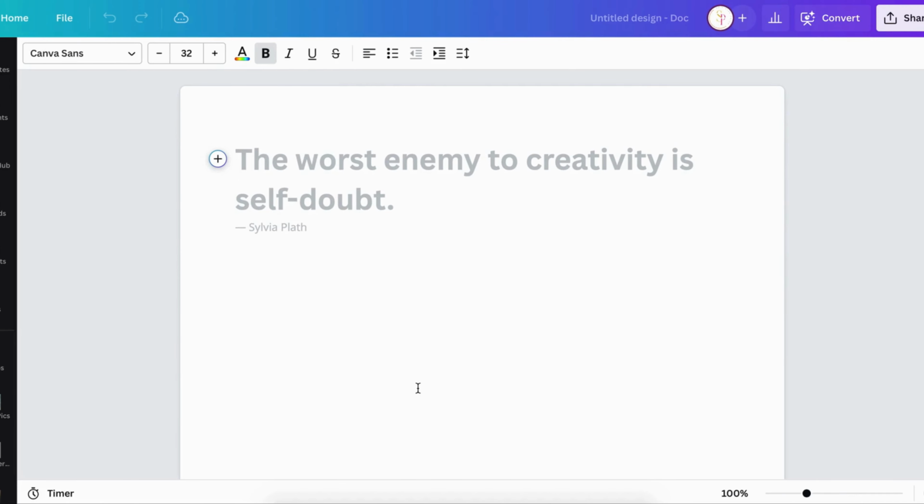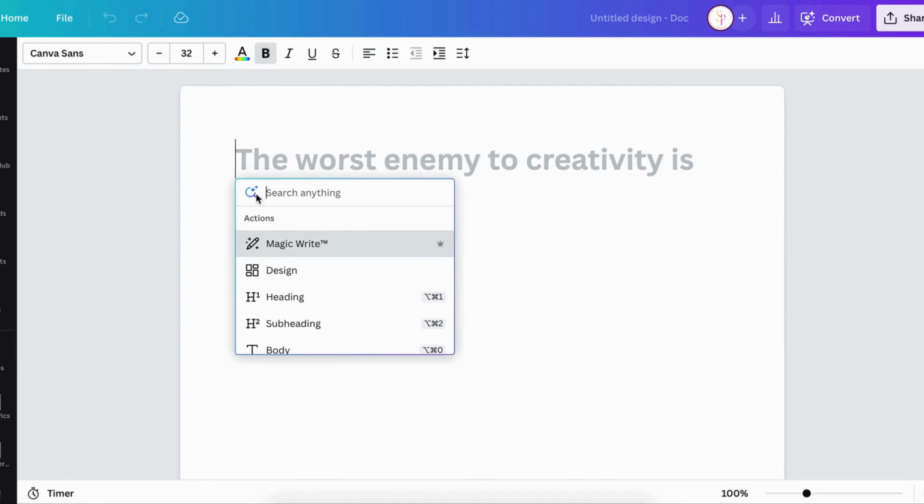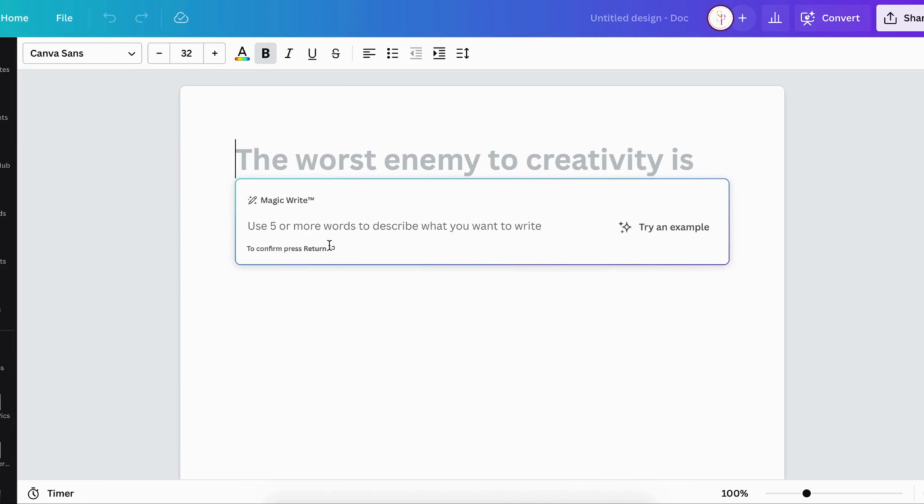Okay, so once you're there and you click on Doc, you should see a screen that opens up and looks like this. So what you are then going to do is click on this plus icon right here. Once you click on the plus icon, you will see Magic Write. Now click on that, and then you're going to prompt the AI, or Canva Magic Write, on what you want it to do. So let's say that you are writing a children's book on